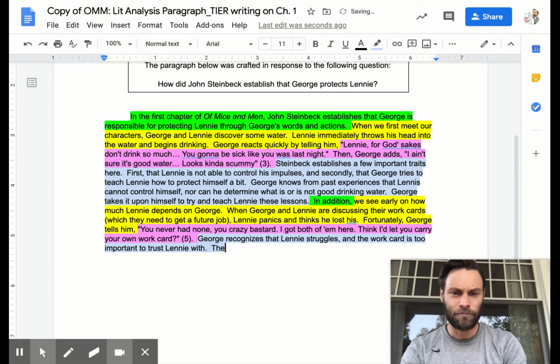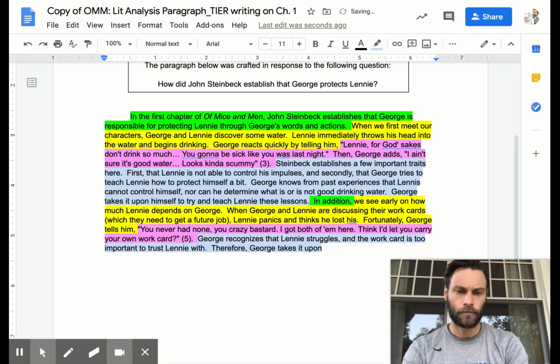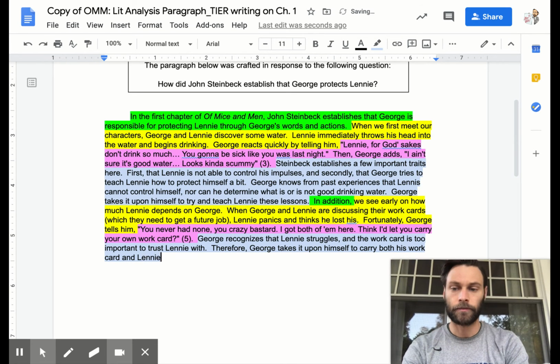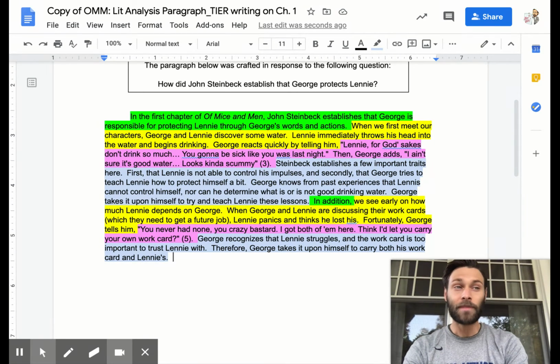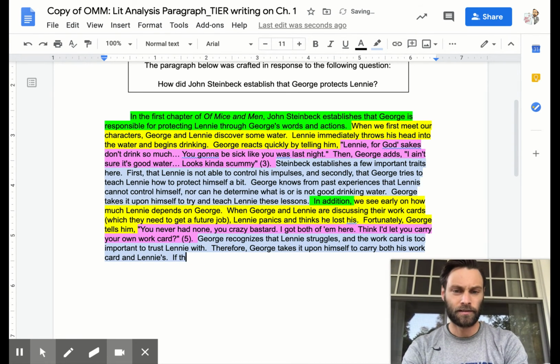So therefore, George takes it upon himself to carry both his work card and Lenny's. And I can keep going here. So really driving home why this is such a big deal, that George is able to recognize this and Lenny can't. So I'll say if this card